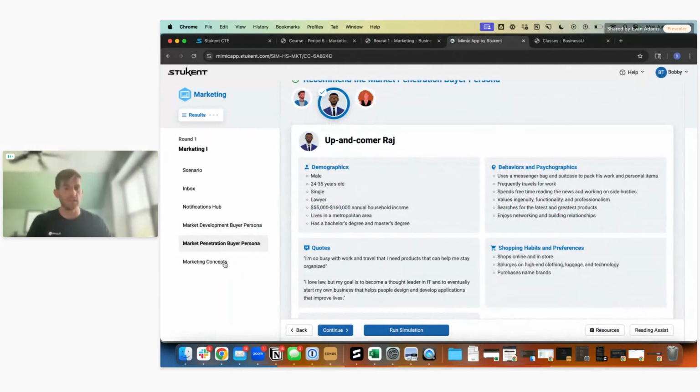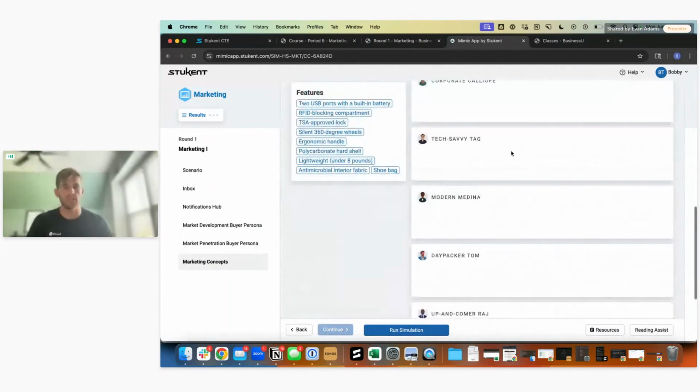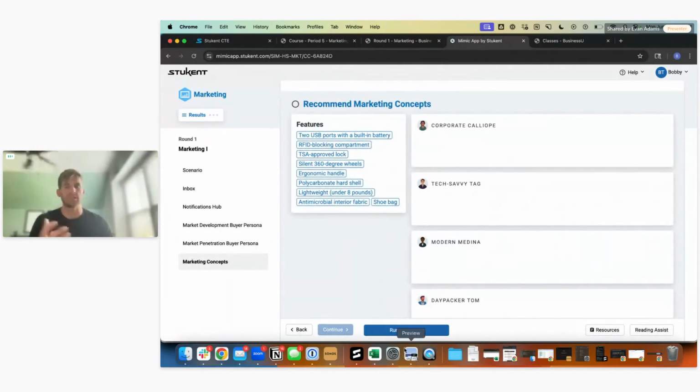Once a student has completed the round of the simulation and gone through all of the specific things that they need to do and run the simulation, they will still be taken to the page where they see specific feedback on the round that they just completed. And then there'll be an option for them to progress to the next enabled round in the sim, or they can hop back to